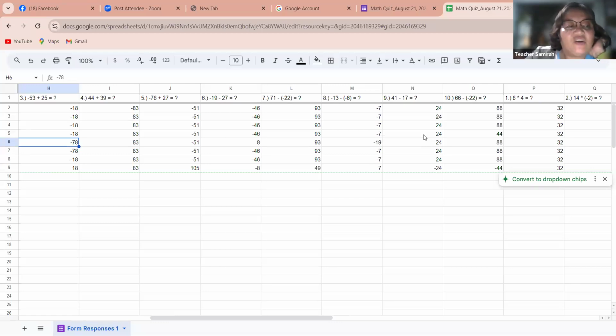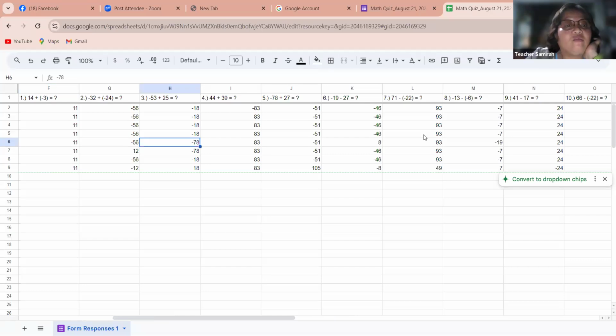Okay. The other one is in the part wherein you are going to subtract: negative 53 plus 25. We are going to add two different sign integers. So instead of adding, we are going to subtract. What is the sign of the bigger number? It is negative. And then what we are going to do is subtract it. Right? We are going to subtract it.